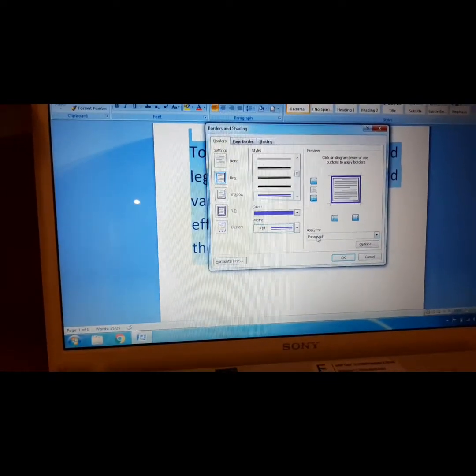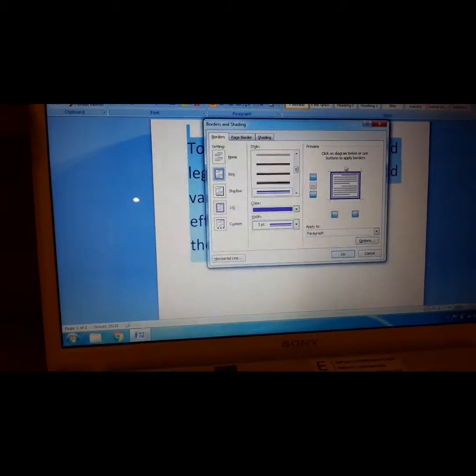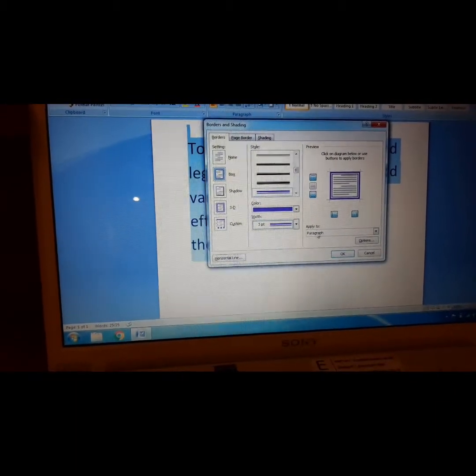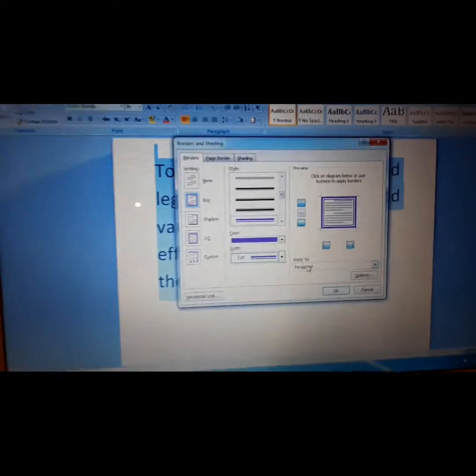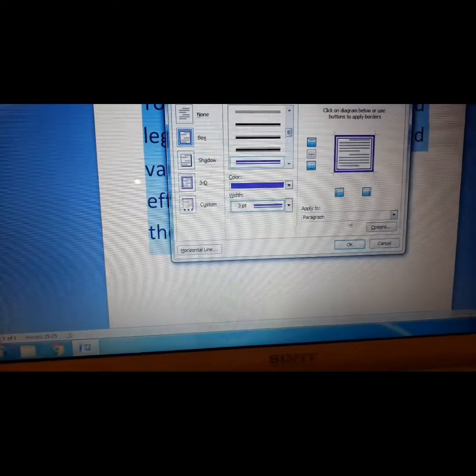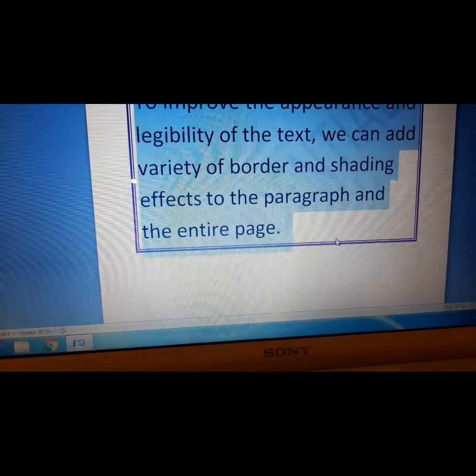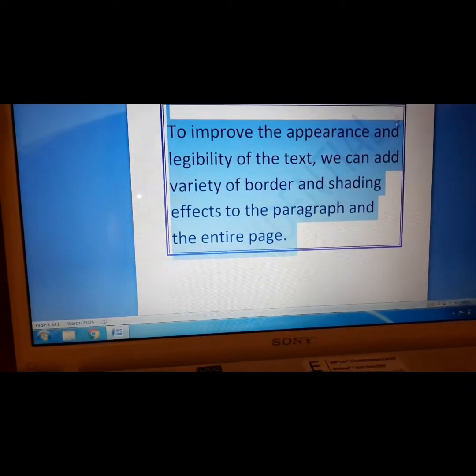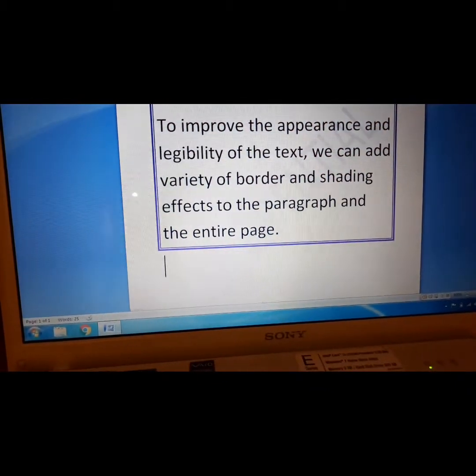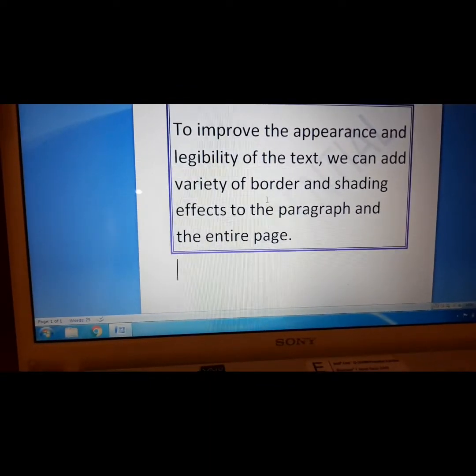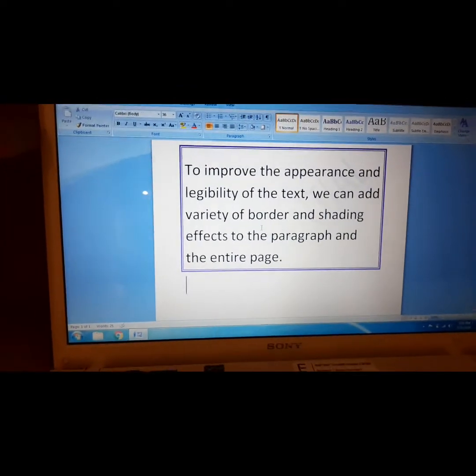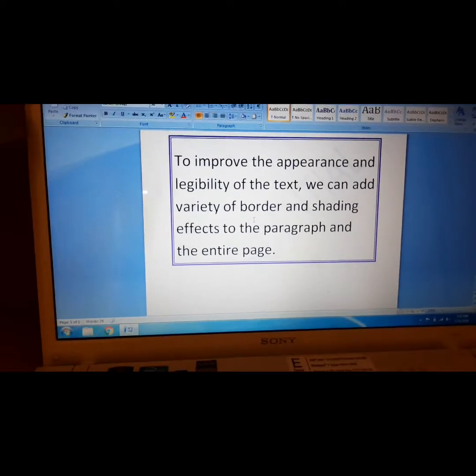Why? Because I want this border to be given to the entire paragraph that I have typed. Here this paragraph option is already selected by default. After that I will click on OK, and you can see the effect. This is how you can insert border and shading to your text.